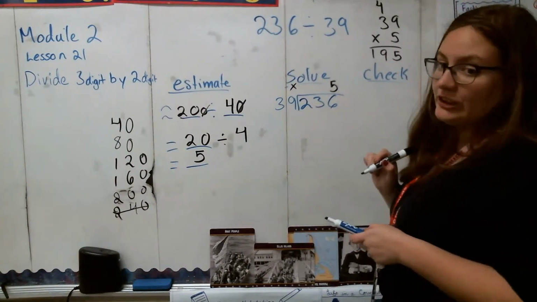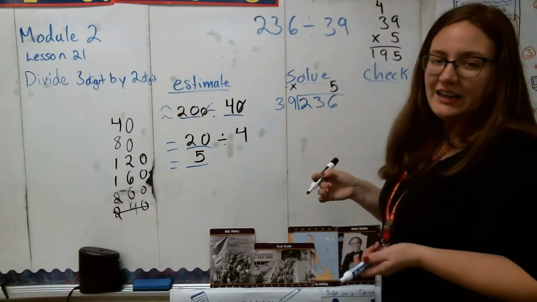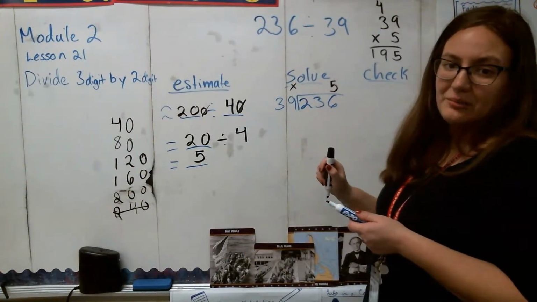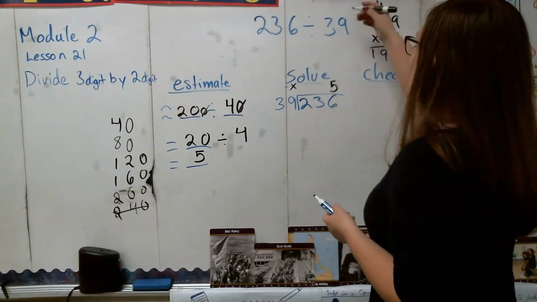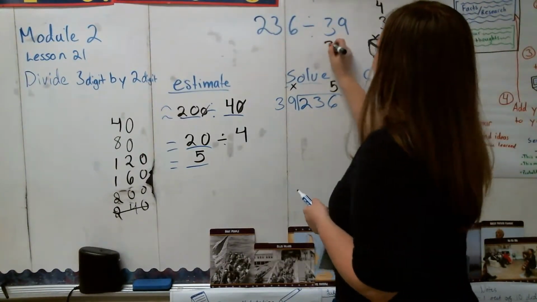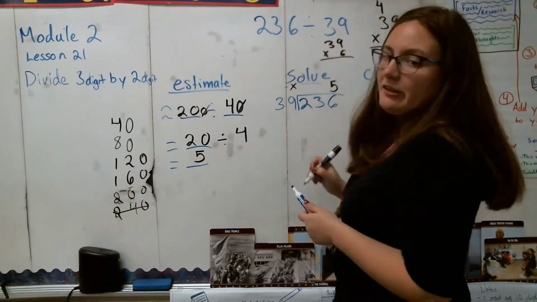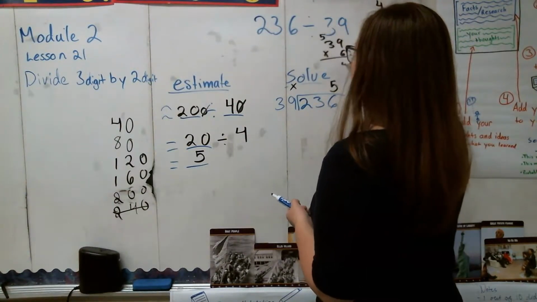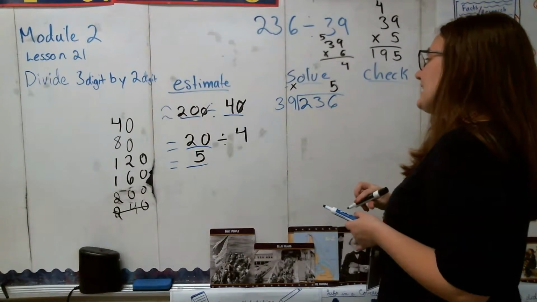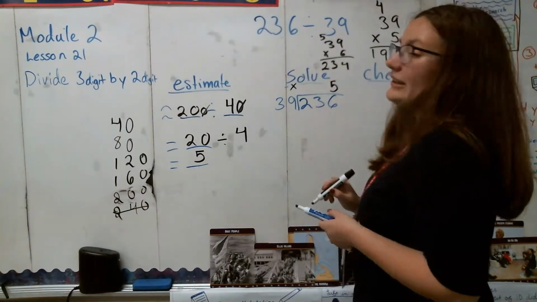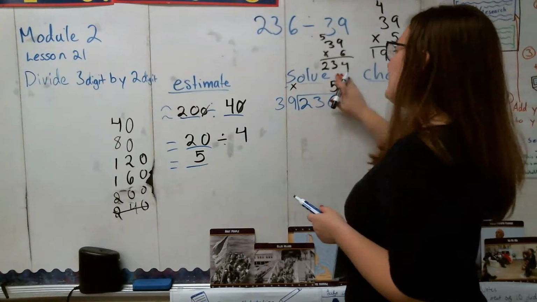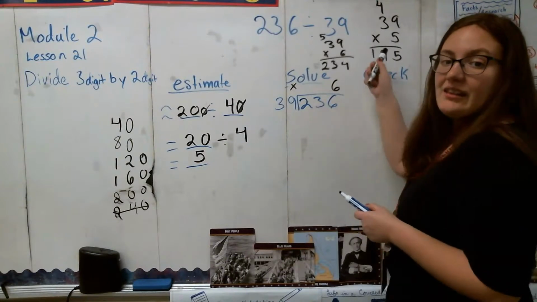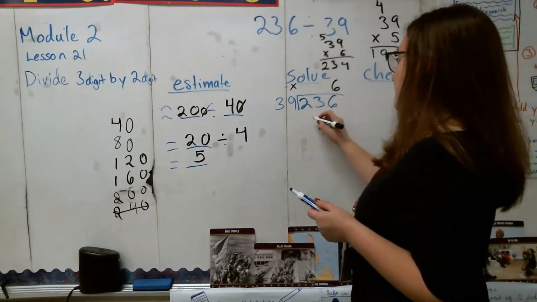So that's 195. Now before I go on, that number looks kind of close, like maybe I could add in another number. So I'm just going to try 39 times 6 real fast and just see what that is, just in case that's closer to 236. So 9 times 6 is 54, 3 times 6 is 18, and 18 plus 5 is 23. Ooh, that's a good thing that I checked if 6 works, because 6 is actually way closer than the 5 would have been. So 39 times 6 is